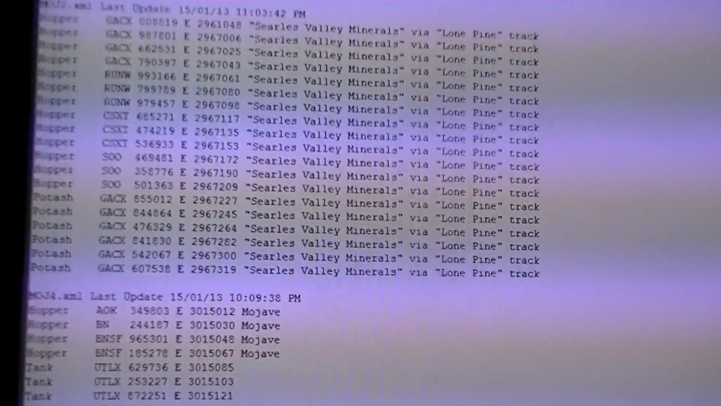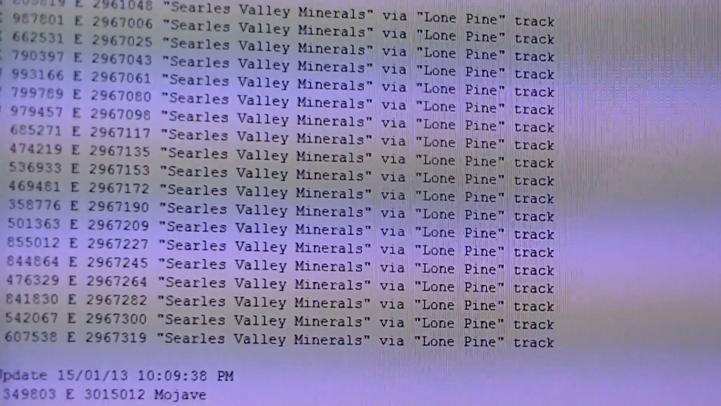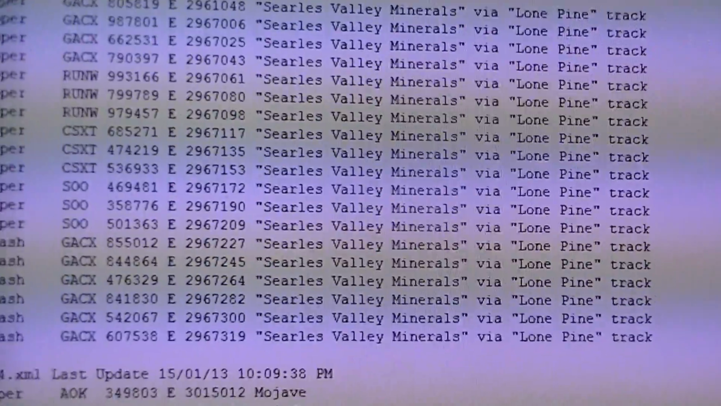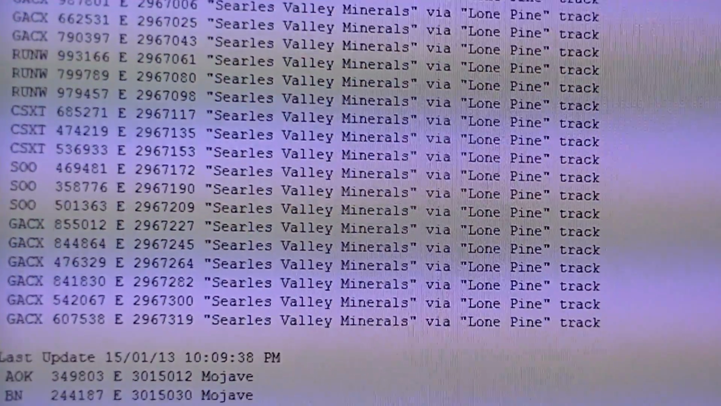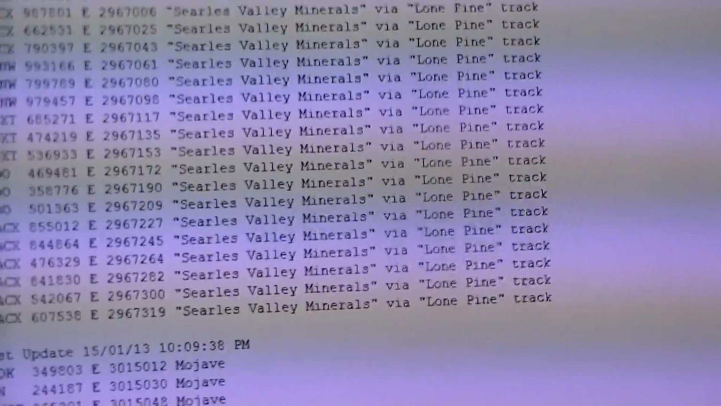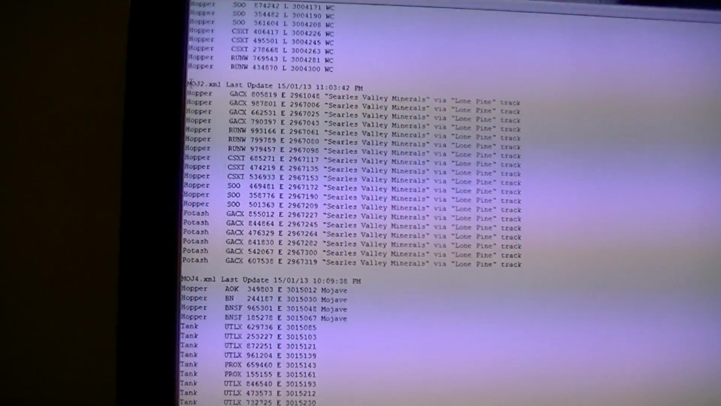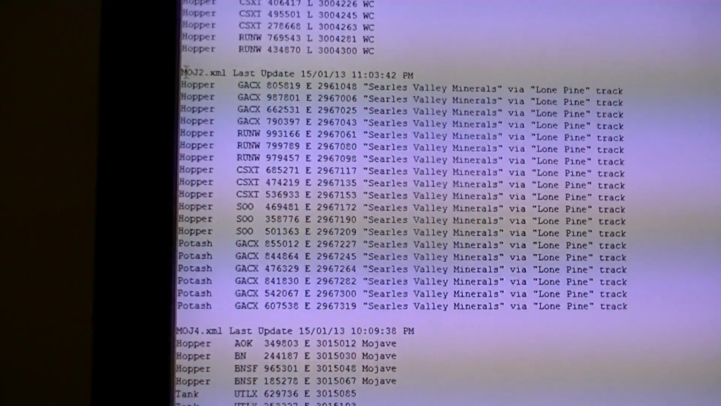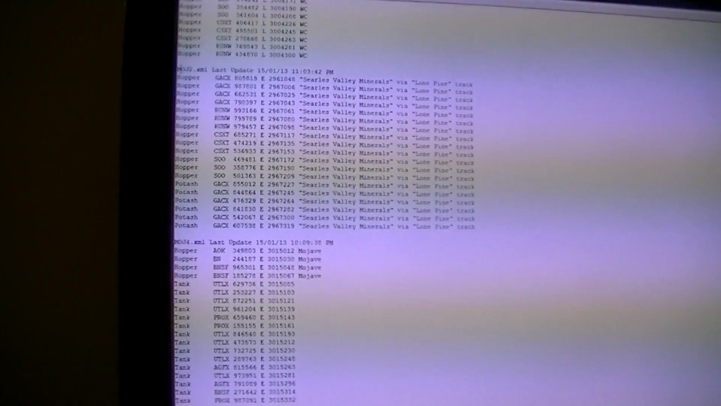So if you look at Mojave 2, you might say, okay, well, it's all basically the same thing. But if you look at where they're all going, they're basically the same numbers, which means they take a lot. They're all going to Sears Valley Minerals via Lone Pine. What it does is it pulls up that invoice number. So Mojave 2, that just generated it based on my save. And if you go back to